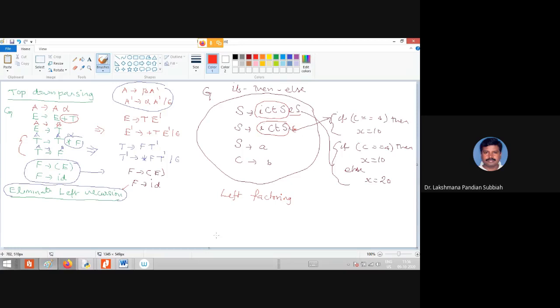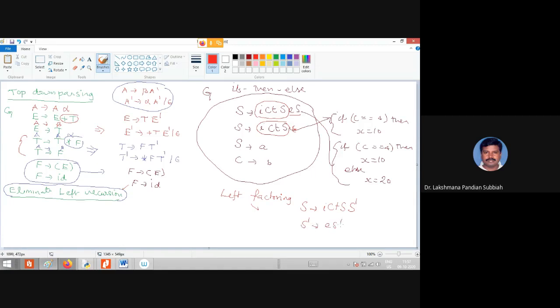Now how do you do left factoring? For the common substring, we have to write the grammar as if condition then statement, and at the end you put S dash. S dash is nothing but the remaining part.